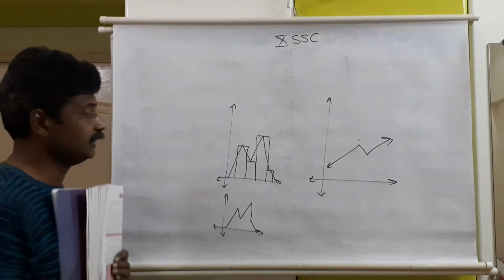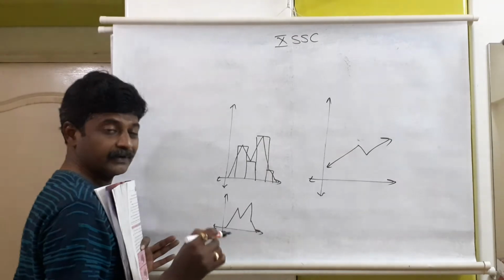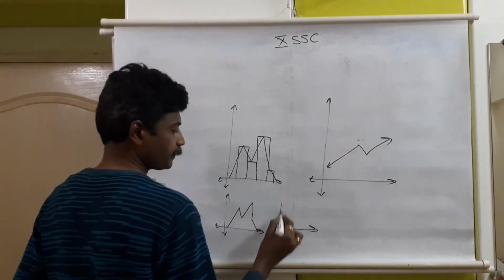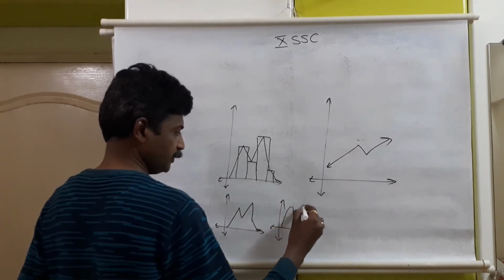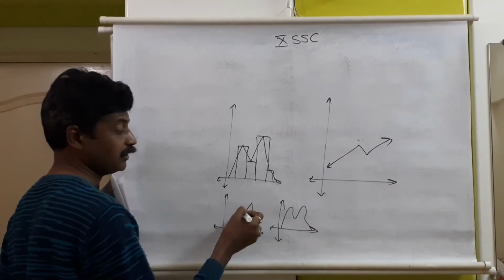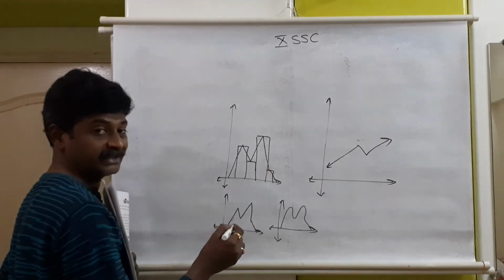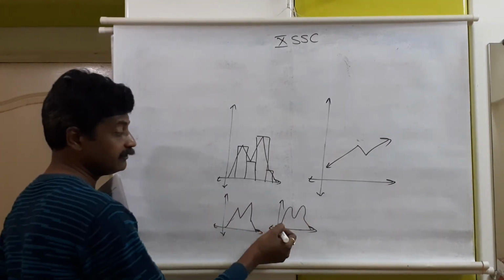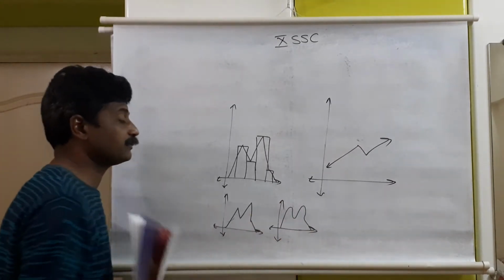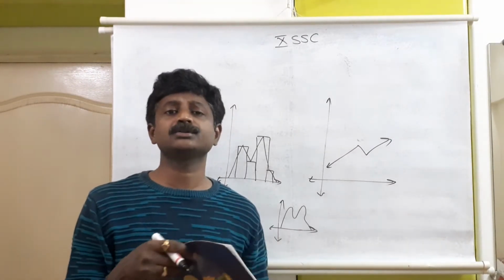And then the frequency curve. Here the frequency polygon can be joined freehand without using a scale, that is the frequency curve. Suppose the same is represented in this way, then it is a frequency curve. A frequency polygon has successive points joined with the help of a scale and pencil, but in a frequency curve they are joined without a scale, just with hand and pencil.